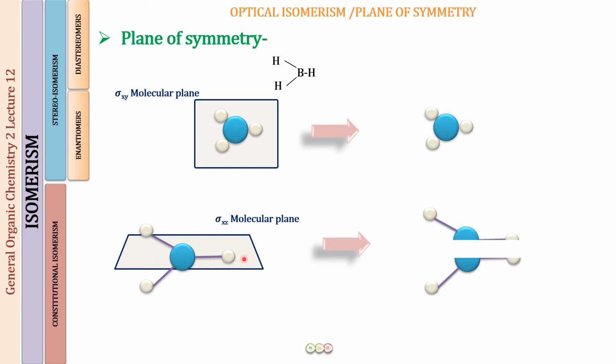You have bisected these two atoms into half. You can bisect these two atoms into half, or you can bisect these two atoms into half. So these are the three planes in which you can cut this molecule so that you can find a plane of symmetry, and this is the fourth one. So the 3 plus 1, 4 planes of symmetry are possible for this molecule. If you find even one of them, this is going to be perfect. So this molecule is also going to be optically inactive.